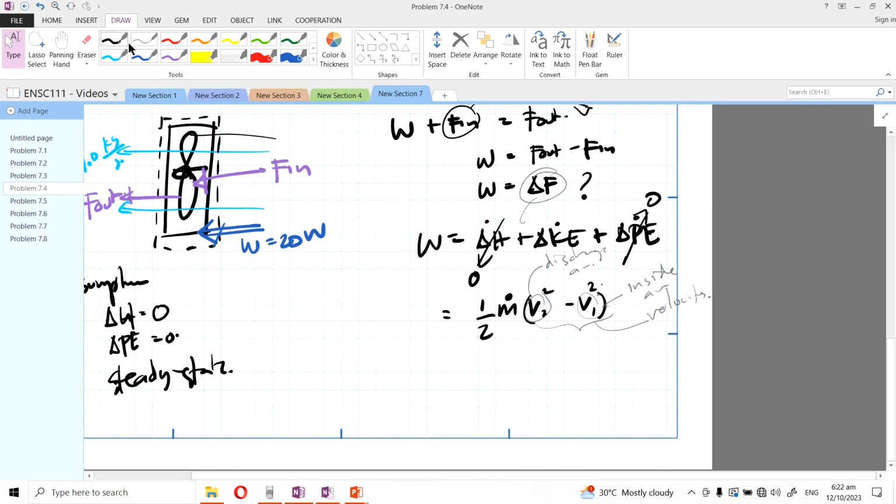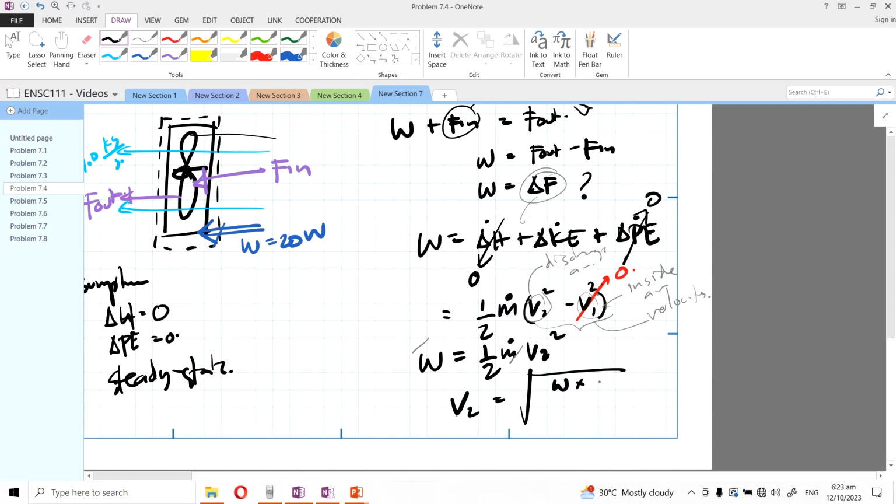So still air, also recall that still air is assumed to have velocity 0. So therefore, our equation would be work is equal to 1/2 m v2 squared, right? So we have the value of work, we have the value of m dot, then we can solve for v2 squared. So v2 is just equal to the square root of work times 2 divided by m dot, and the value here